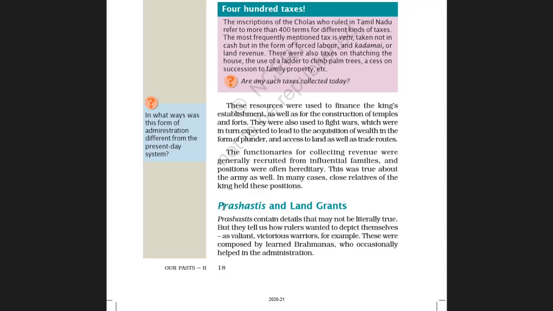Now let us see prashastis and land grants. Prashastis contain details that may not be literally true, but they tell us how rulers wanted to depict themselves as valiant, victorious warriors.